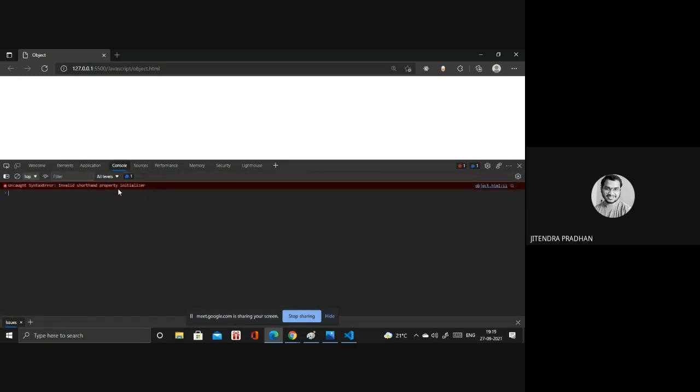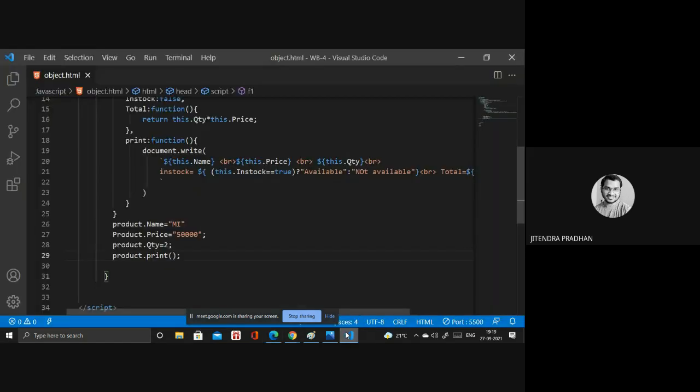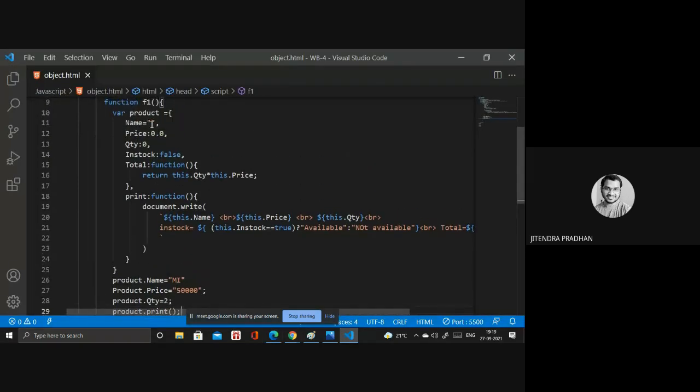Invalid certain property initialization. Okay, line 11. Okay, I will check. Is that line 11? Okay, we are using name. What is the issue?